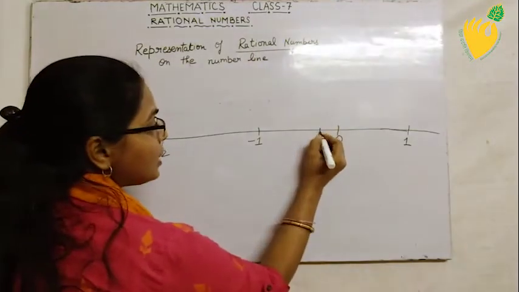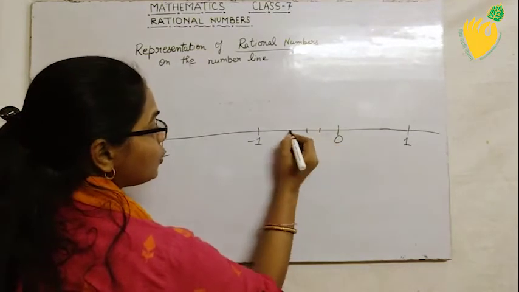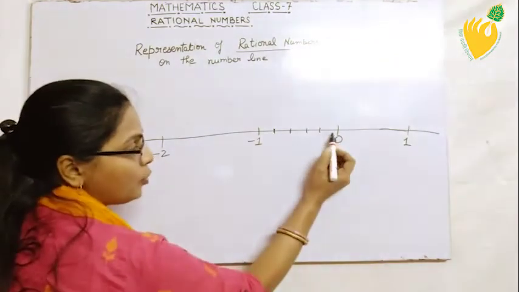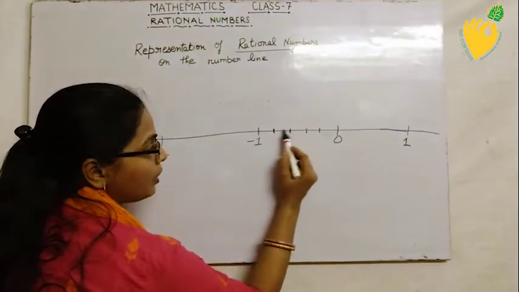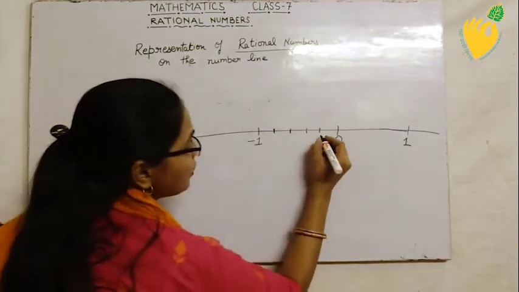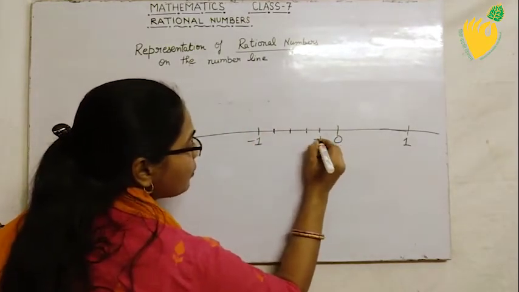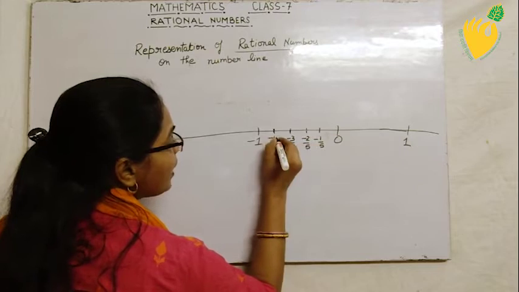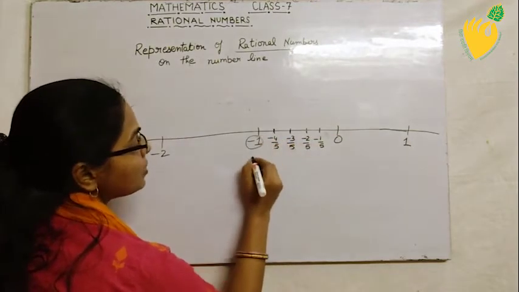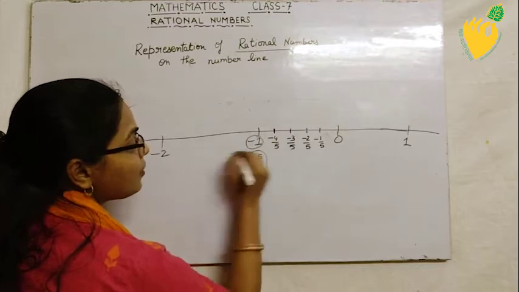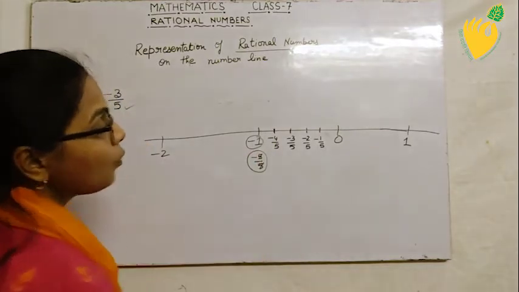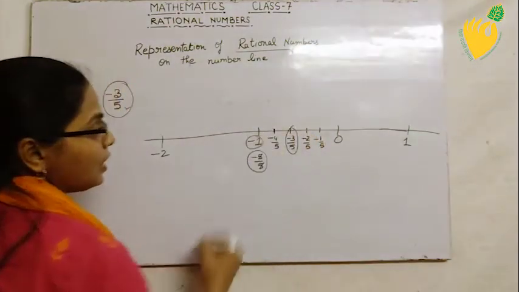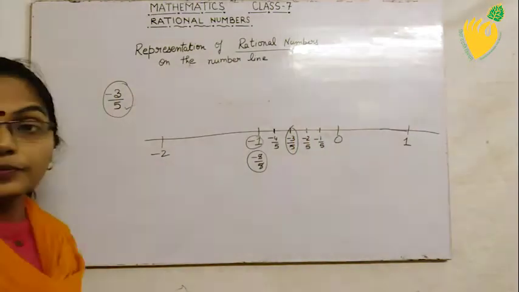5. So you will divide this 0 and 1 into 5 equal parts. 1, 2, 3, 4. You will draw 4 points, then it will automatically be divided into 5 parts. 1 part, 2 parts, 3, 4 and 5. The first part is, students, minus 1 upon 5. This is minus 2 upon 5. This is minus 3 upon 5. Minus 4 upon 5. And this one, students, can be written as minus 5 upon 5, and minus 5 upon 5 is nothing but minus 1. And where is our number? Minus 3 upon 5. It is here. Minus 3 upon 5.